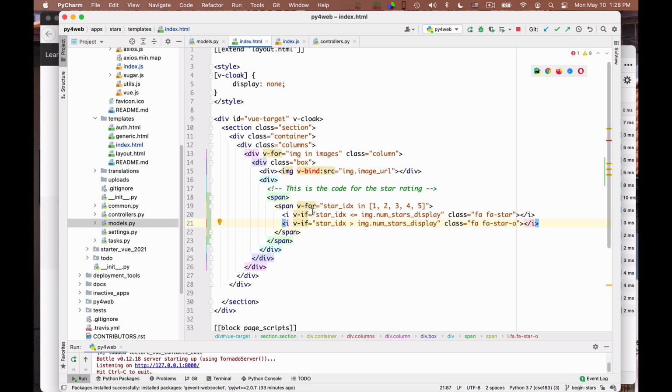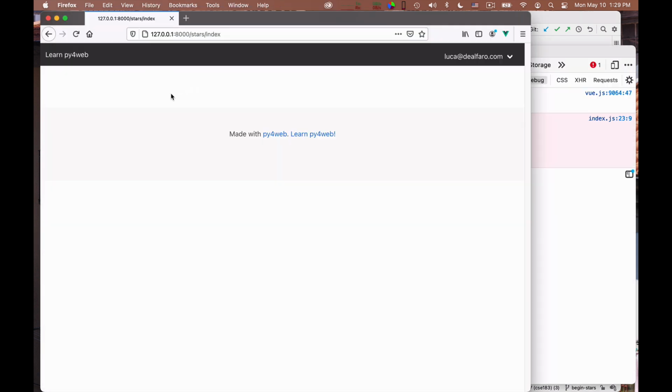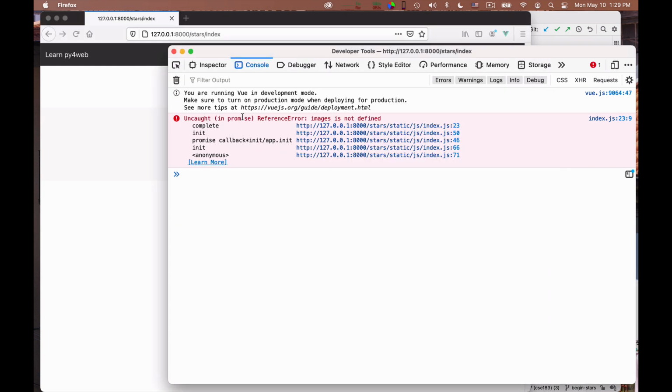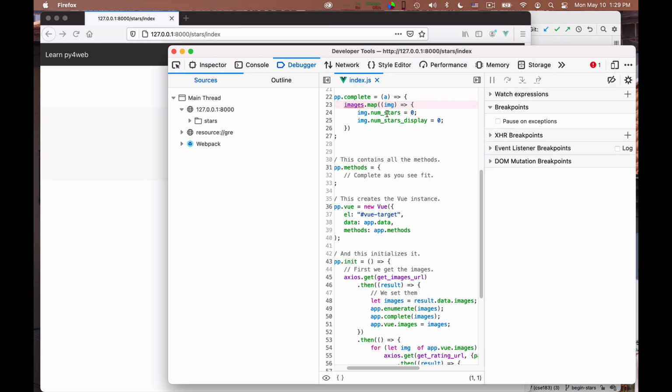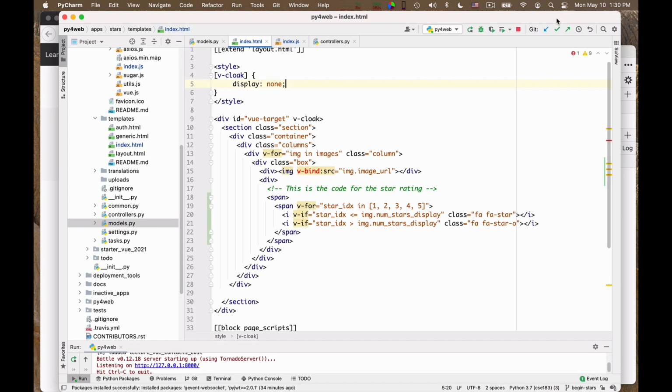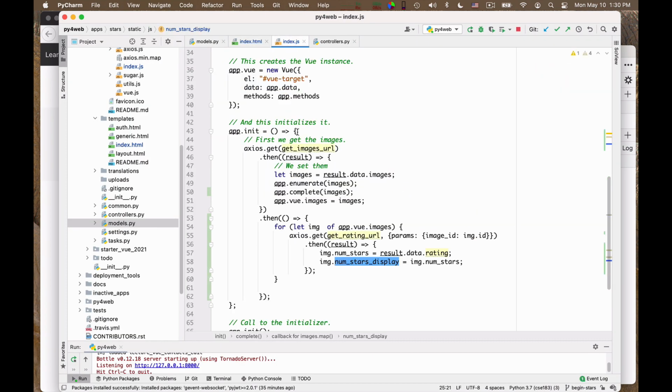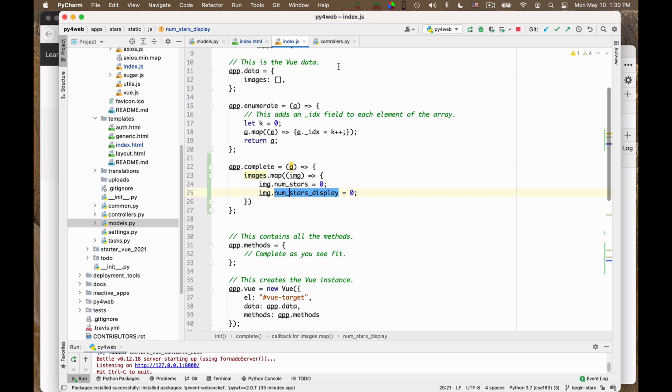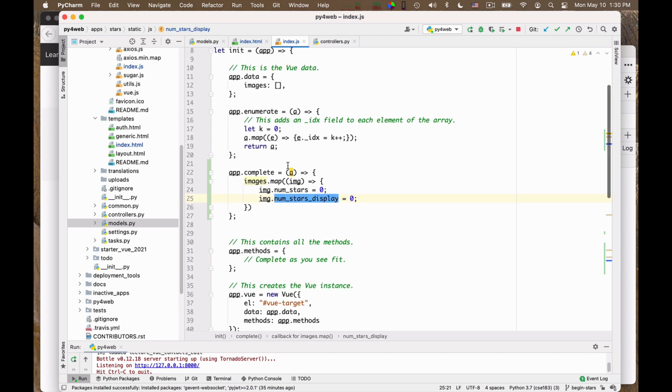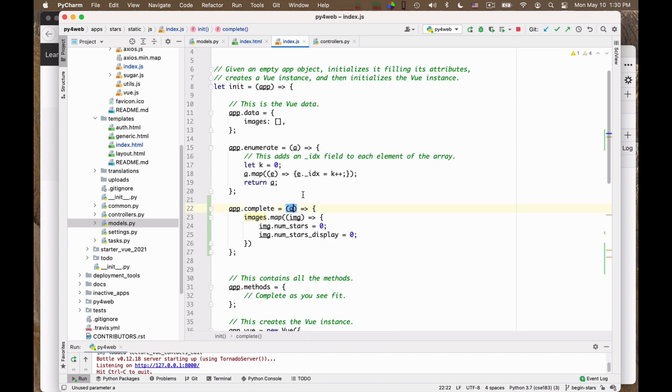So this does it, and maybe at this point we should check that the code works. So let's see if the code works. It doesn't. Yes, so I see that there is an error. I go to the index. Images is not defined. I think I made a mistake. I wrote here an A and it was supposed to be images. So let me fix that quickly. That's why it's convenient to do debugging, to do testing while you develop. It's easier to catch the errors. I should have seen it from the highlight. Images.